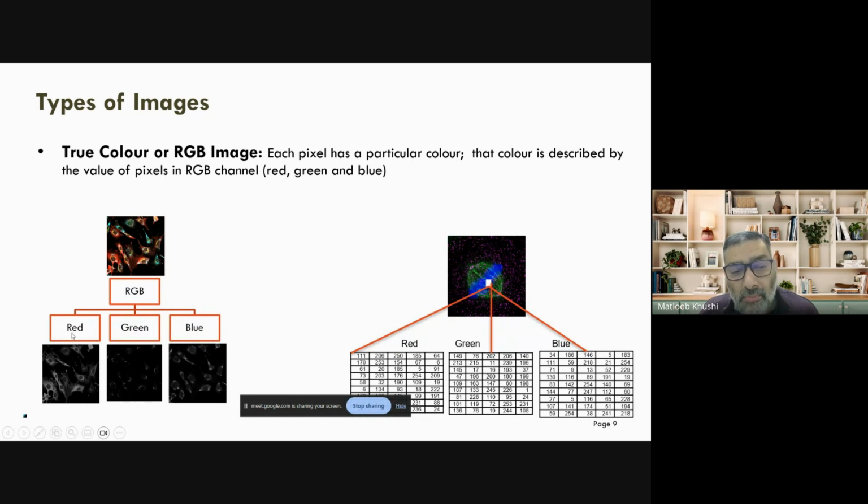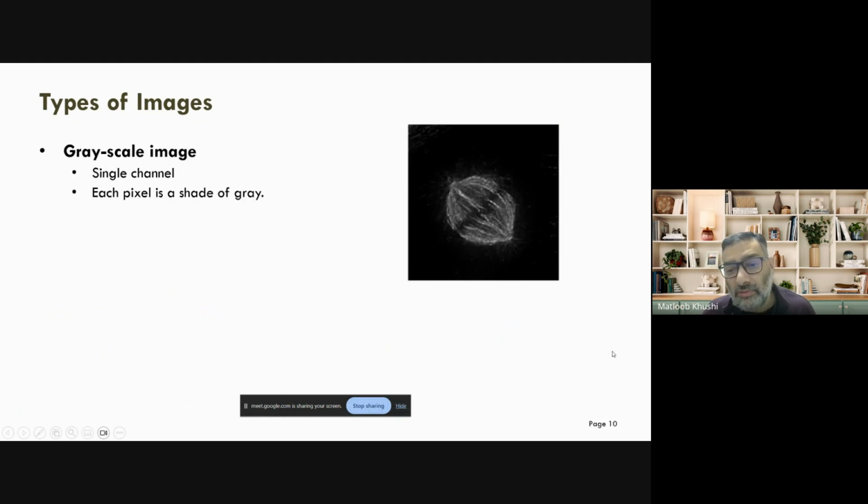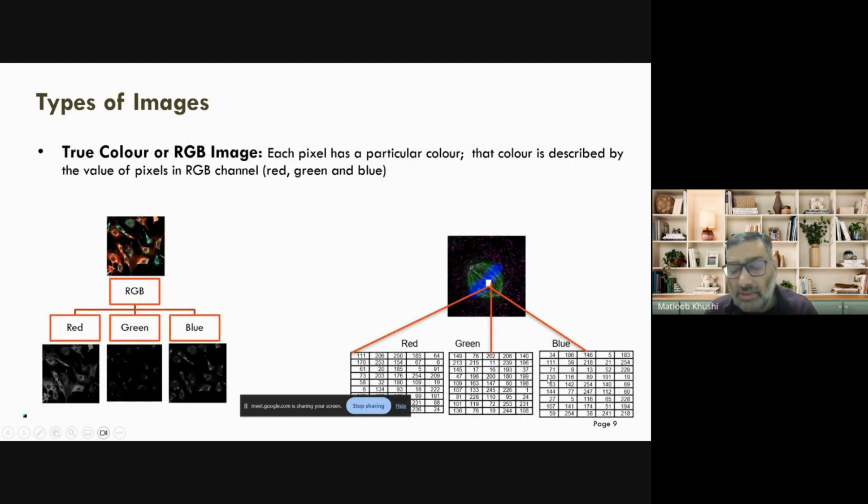So now you need to remember, when we say these three channels, we're talking about these three matrices. So you have a red matrix for the red channel. Basically, these are just a bunch of numbers, which represent the intensity of this pixel at that particular location. And then for the green channel, again, you have the numbers for the pixel of the green location. It's just a number for the intensity. And when you put these three matrices on top of each other, that makes a red, green, blue image,